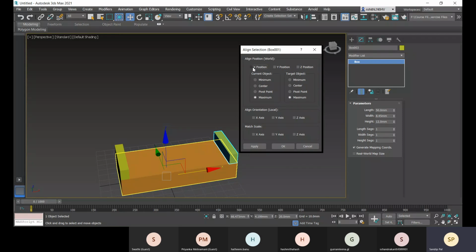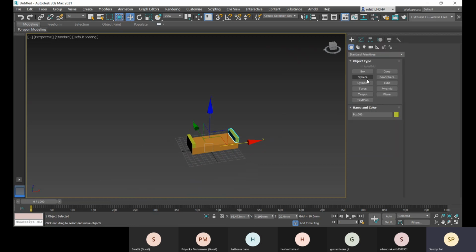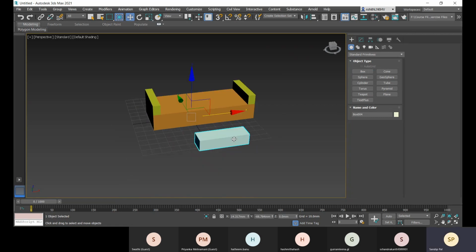Okay, so you can go for this align orientation, and you can match scale to the target object. With the target object, you can match the scale. So let me do it also. Suppose I have an object like this.